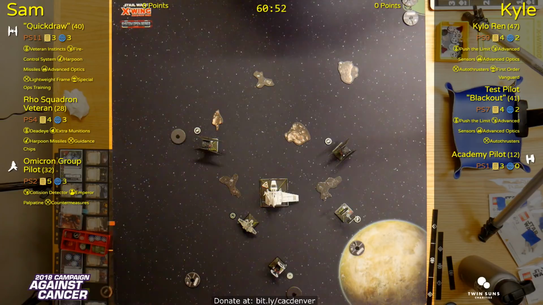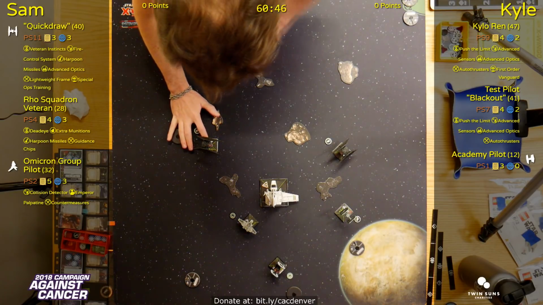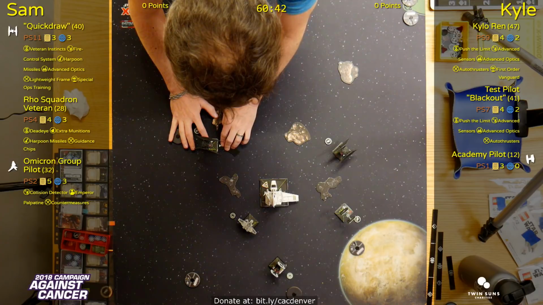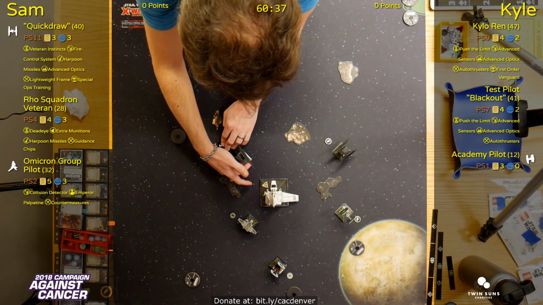And up next we have Kylo Ren. Now, he could have done something super cheeky and just barrel rolled to the right and then done a 1 hard turn. Looks like we're doing a 1 bank, opting to... Or, no, this will be a boost. Yep, 1 bank boost. And then...